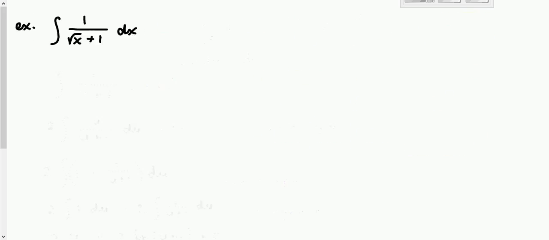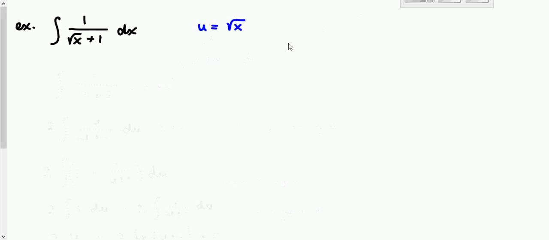Now we are going to integrate 1 over the square root of x plus 1. Okay, look at that square root. The square root is only on the x. It's not all the way over. So we can't just say u is x plus 1. Okay, so when we have this situation, when we have the square root of x, what's a little bit different than we've done before is that we're just going to set u equal to the